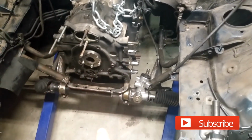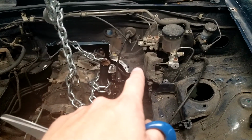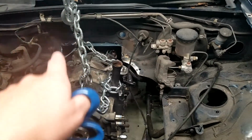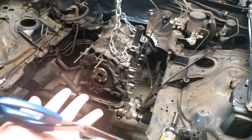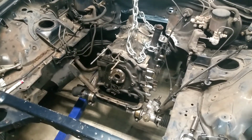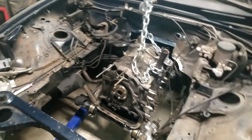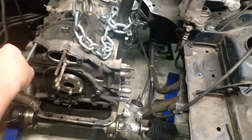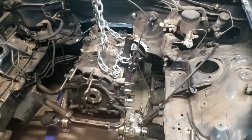part of the video, or this might be one video and putting or filling in that hole there, and also creating the cap for the transmission tunnel might be a second video. But the motor is hanging in its hopefully permanent spot, so after I do these two things, I'm going to work on building motor mounts, and you can see that it's free hanging there, so it's not resting on the